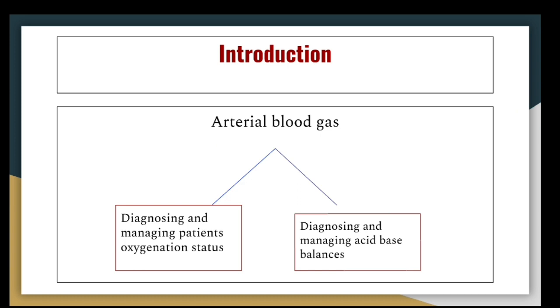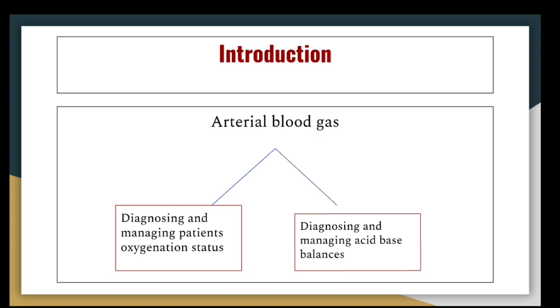Before we go into interpretation of ABG readings, first we have to know what this arterial blood gas is and why we do it. Usually whenever we collect a blood sample from an artery, it is for two purposes. One is to diagnose the oxygenation status of that arterial blood, that is whether it is hypoxic, and if it is hypoxic, then we need to manage, that is treat, that condition. So it is for diagnosing the oxygenation status, and at the same time for managing it. That is one purpose of ABG.